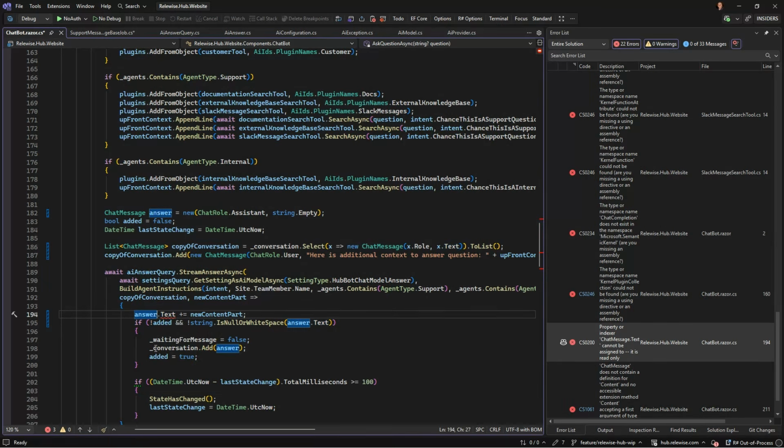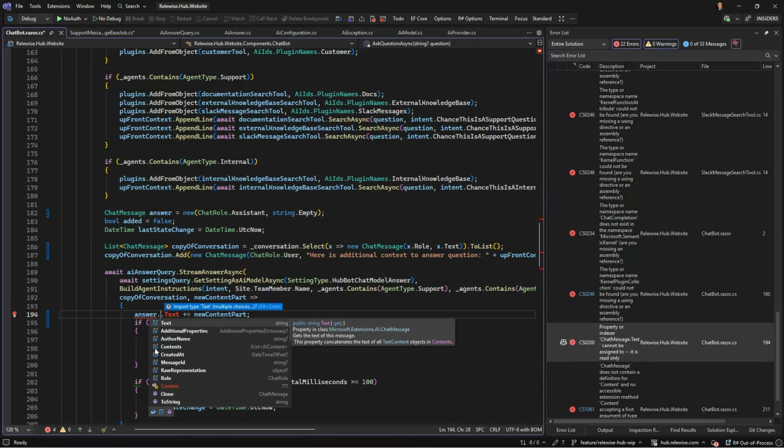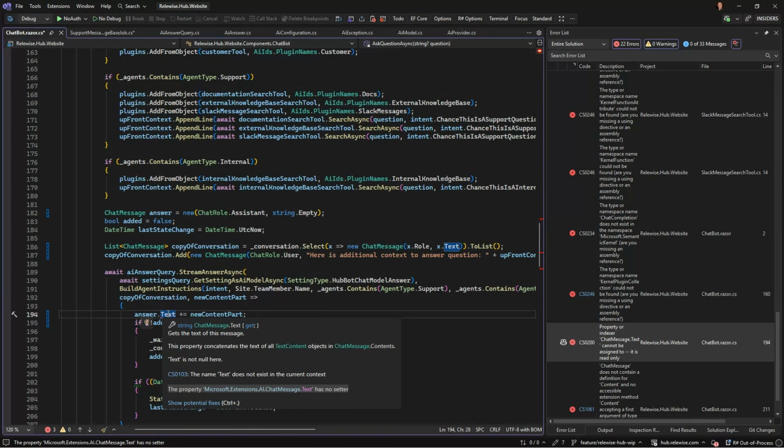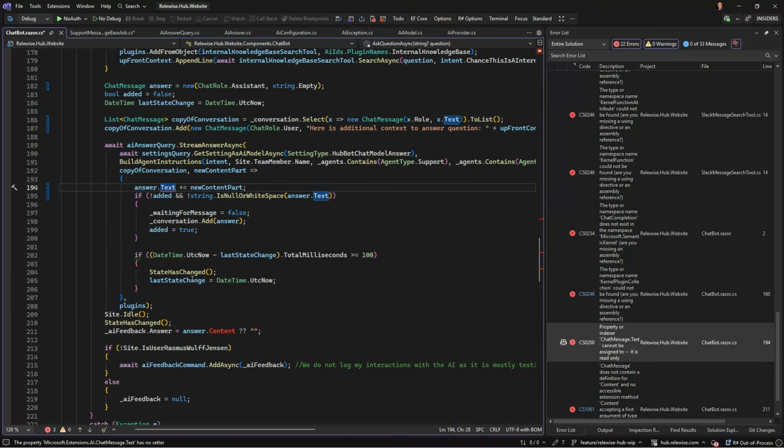So we can add to the text. There's no setter. We can only, no. That's a chat message, so we can.